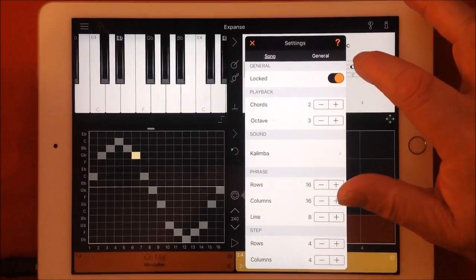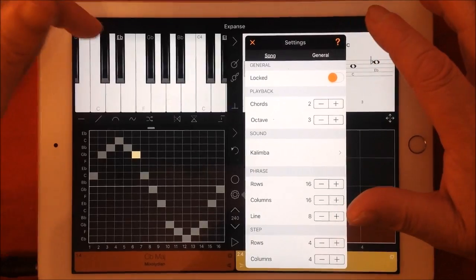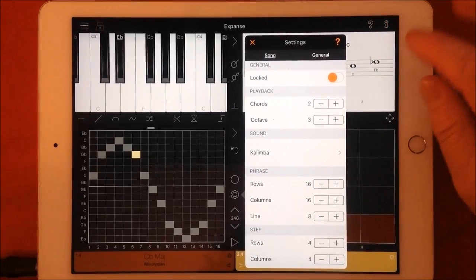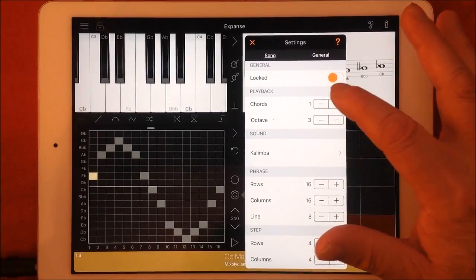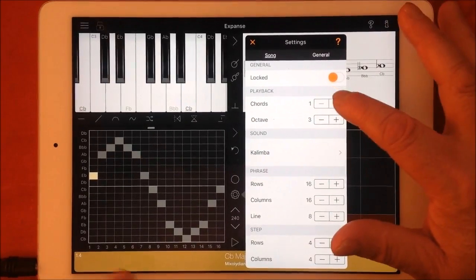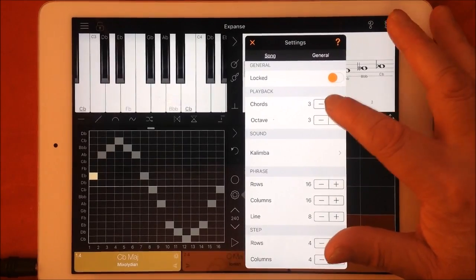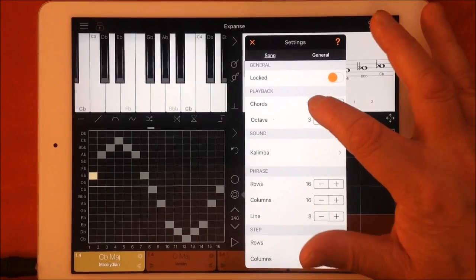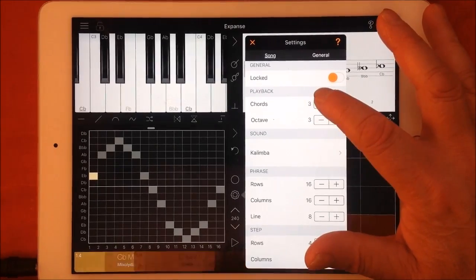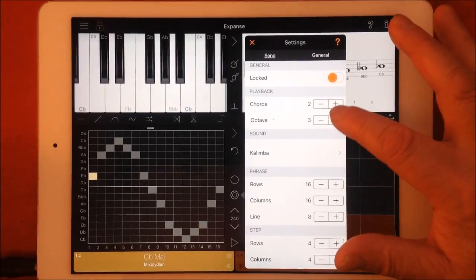it can lock the actual whole thing up as well here, but you can do that by this little padlock here. So for instance, chords here, playback, we can choose one chord. Now you see that change at the bottom there to one chord, two chord, and then we can choose to add more and more chords at the bottom, so we're not locked to one chord. So that's how we do that. Okay, so we'll leave it on two, and then you have octaves here,